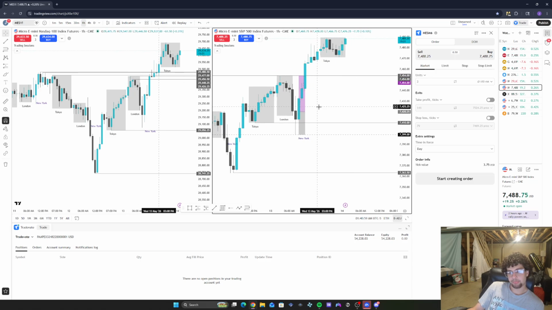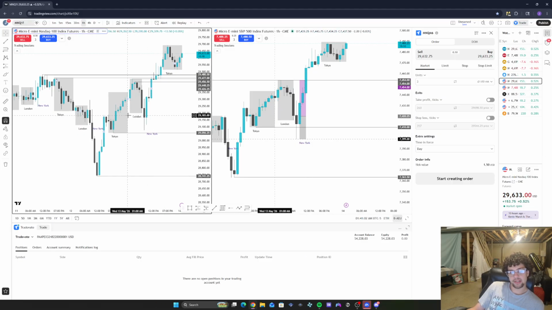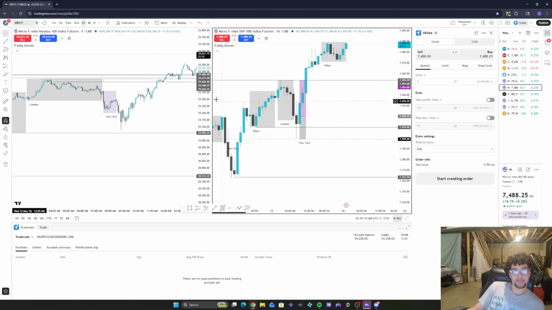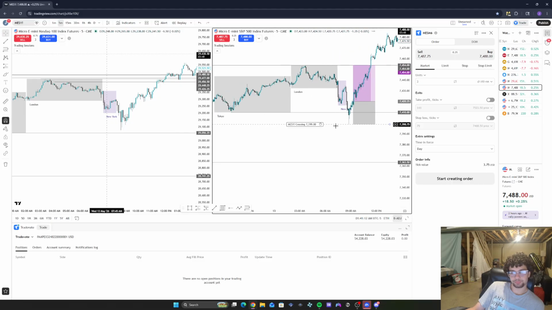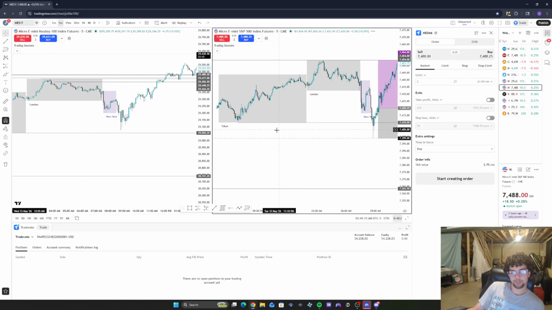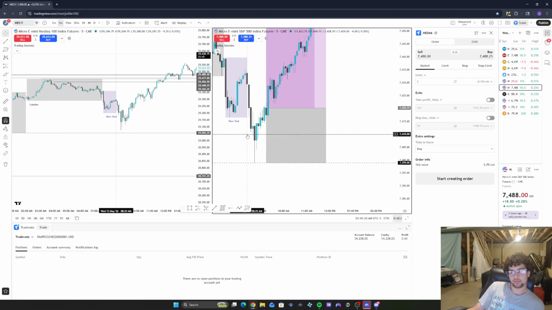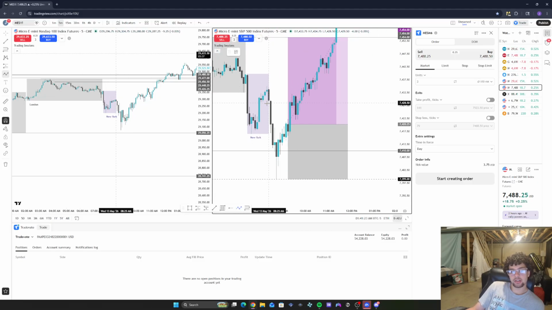Okay, so we could still be going for continuation trades if we don't sweep out a higher time frame liquidity. What happens here? Okay, going into the day, we sweep out liquidity. Asian session low. Okay, so no more continuation models. If we had, let's say, went down something like this and then inverse this fair value gap right here, we could take that. But because we didn't do that, we swept out liquidity, we only have the regular model trade to work off of.